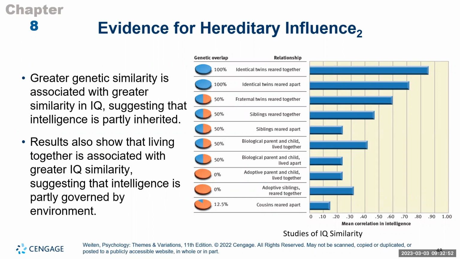But again, when you look at 100% identical twins, reared in the same environment, they had the same environment, they had the same genetic makeup, they usually have pretty similar IQs, okay? And so now we're seeing that heredity plays a big role in IQ, just based on the identical twins, and the identical twins even when they're reared apart in different households, okay? So again, heredity plays a big role, while environment does also play some other role in intelligence.